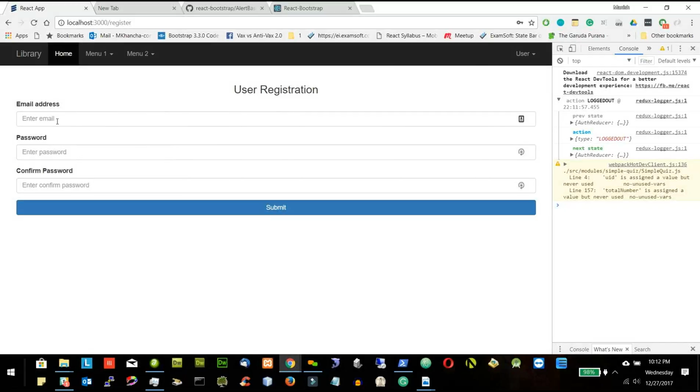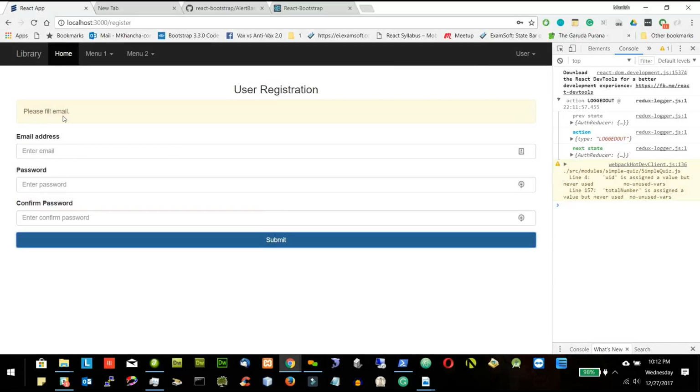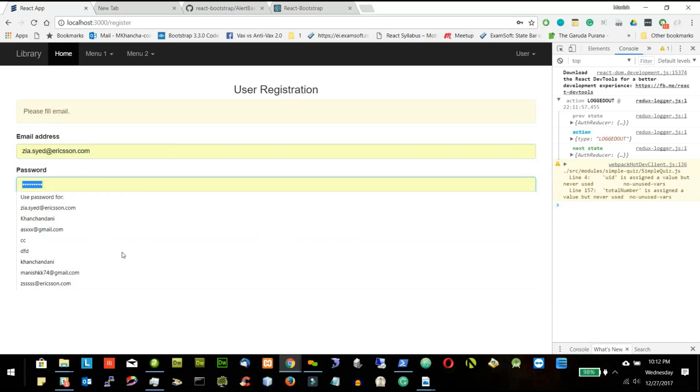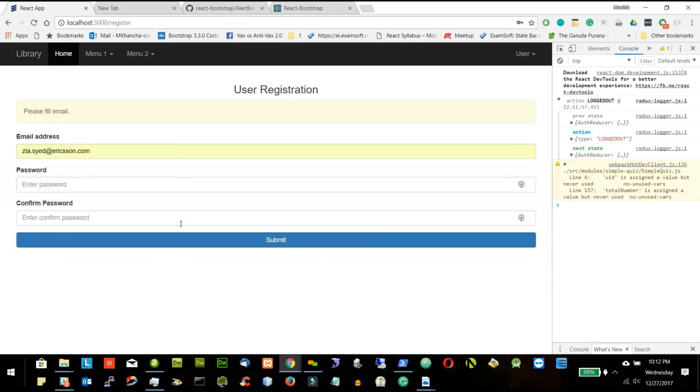So let's see if I'm able to show the error. Let's not put anything, I'll submit it. I'm getting the error: Please fill email. If I put email, and I'm not putting password and confirm password, then I'll get please fill password, then please fill confirm password. And now it's saying password does not match with confirm password. And if I make it the same,